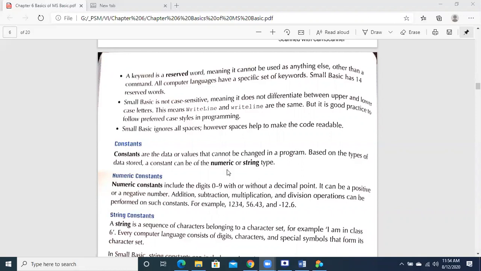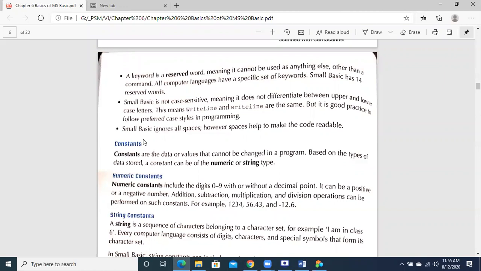Small Basic does not differentiate between upper and lower letters. ठीक है, जैसे यहाँ राइट लाइन में W कैपिटल है, L कैपिटल है, अगर हम सब कैपिटल लिख दें, if you write complete in capital or complete in small, it is not going to make any difference. But it is good practice कि हमें वैसे ही लिखना चाहिए जैसे मैंने लिखा. मैंने राइट लाइन में I wrote W capital and L capital.